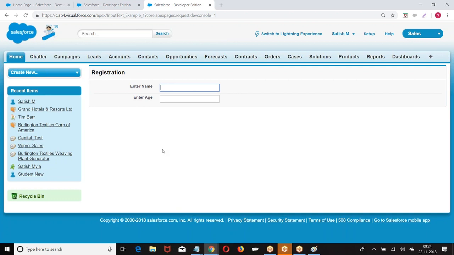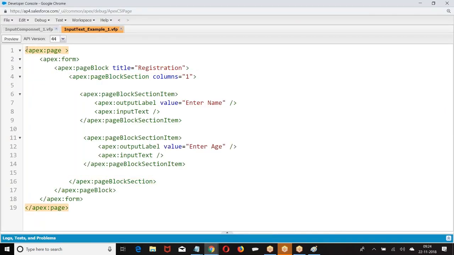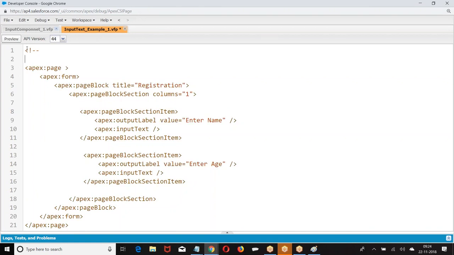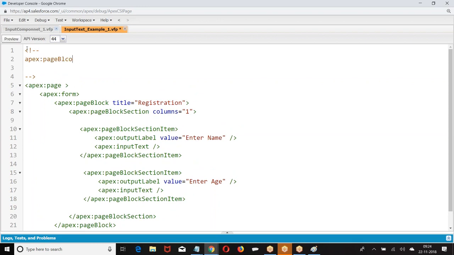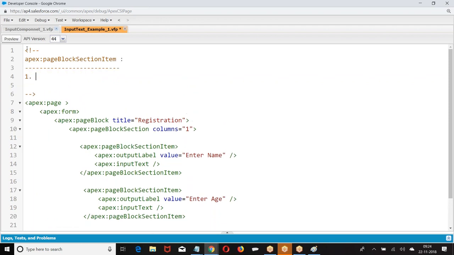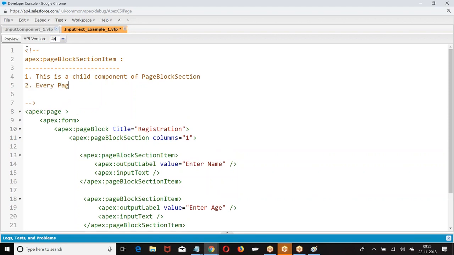So what is a page block section item? It is a child component of page block section.